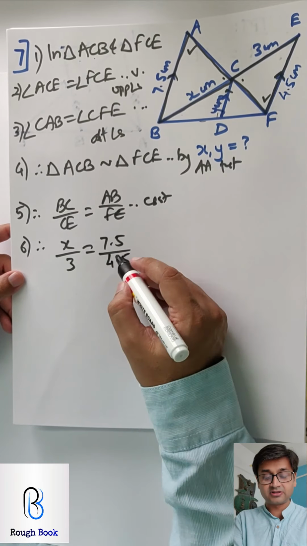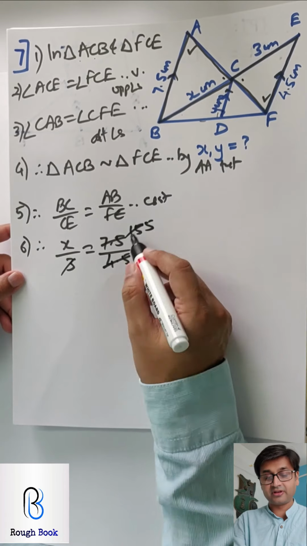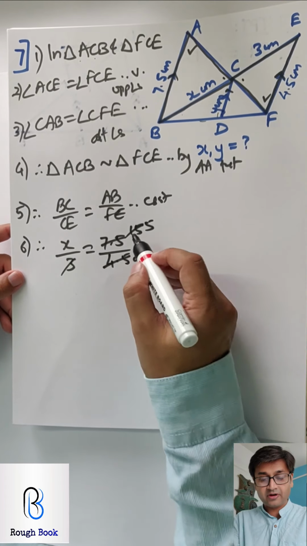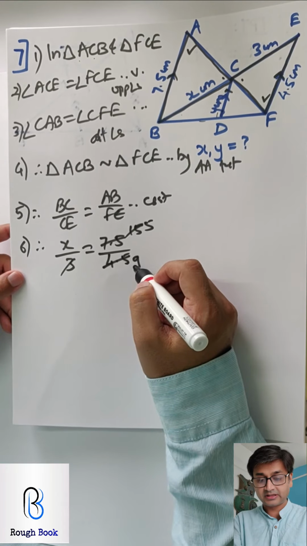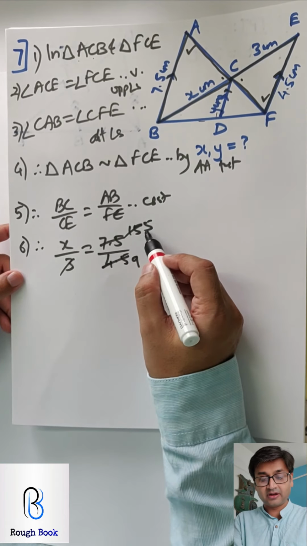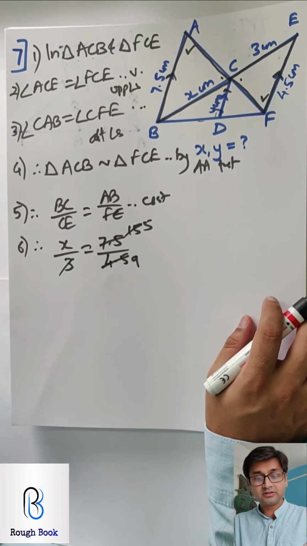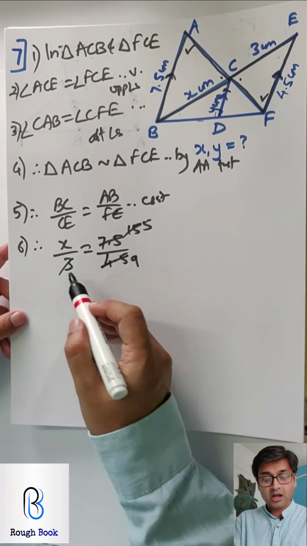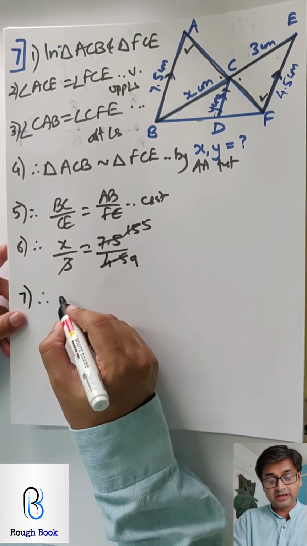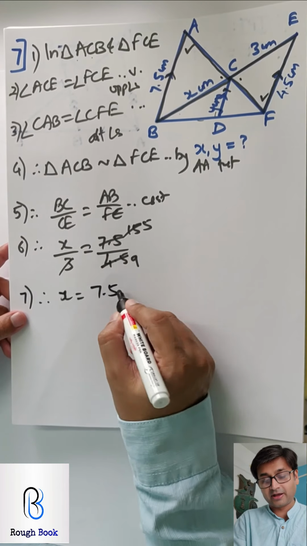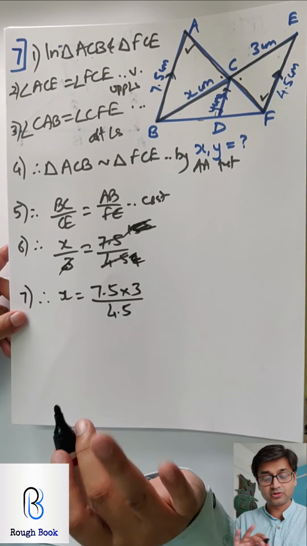So I'm ignoring the decimals straight away. 5 15s are, 5 9s are, 3 1s are, 5s are. That's correct. And 3 1s are, 3 5s are. So I've just got 5 by 9 and that goes into decimals. I'm sure I've done something wrong. See, I cancel this over here. This is absolutely wrong. So let's not be extra smart. Let's cross multiply 7.5 into 3 by 4.5. This logic is wrong. Okay, so sorry.